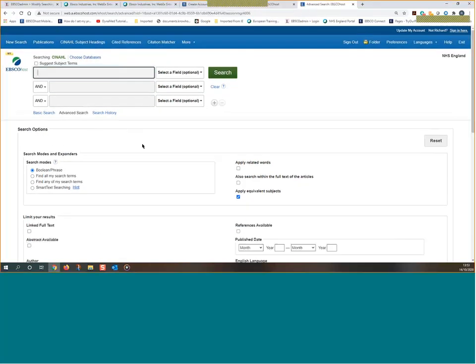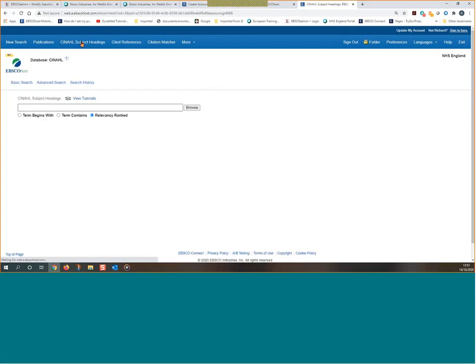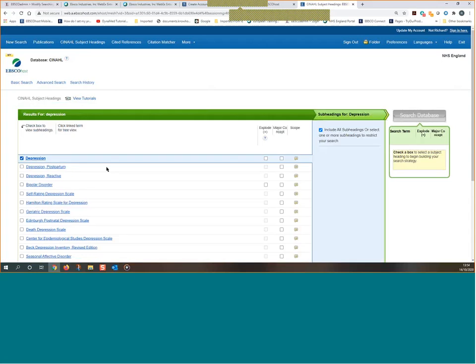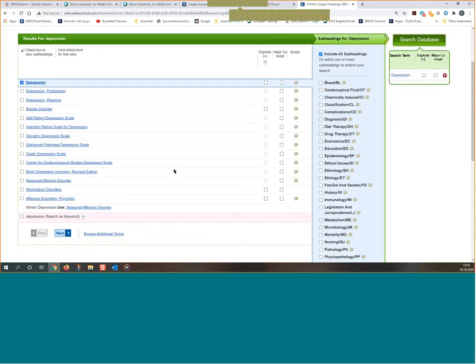So I'm just going to run another search now, and then just go through some remaining limiters that there are before we begin to conclude. So another way of searching, I mentioned, obviously the way we did it was just simple free text searching, but we can also make use of subject fields as well. So if you go to the CINAHL subject headings here on the top toolbar, you can enter a term. So you can enter, for example, depression, etc., and then you can pick up the subject term here. So you can see here I've got depression, and on this page,